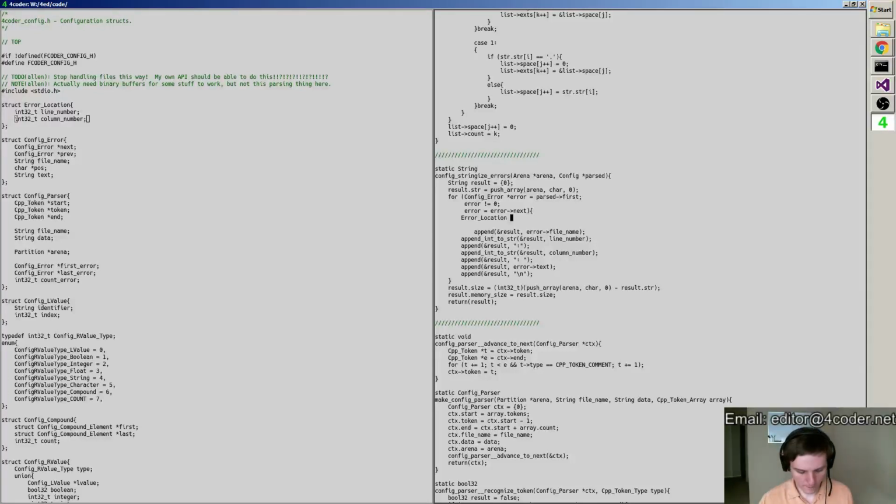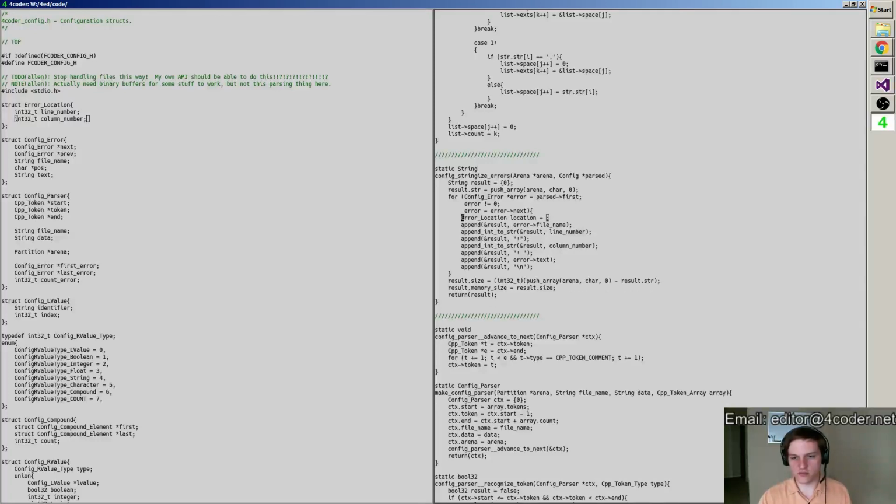But this is just going to do, here's a position, start from the beginning, find it. Here's a position, start from the beginning, find it. Why? Because it's easier to write that without any errors, and so that's where we're starting. Plus, when this thing is really done, it will not even need to do the fast version. It'll do the super fast version, because the file will be loaded by 4coder, not by a file handle. And when the file is loaded by the 4coder internals, it'll do the meta generation stuff to mark it up anyway, so then I can immediately get file details like line number and column number using the coordinate conversion system, which would be even faster.